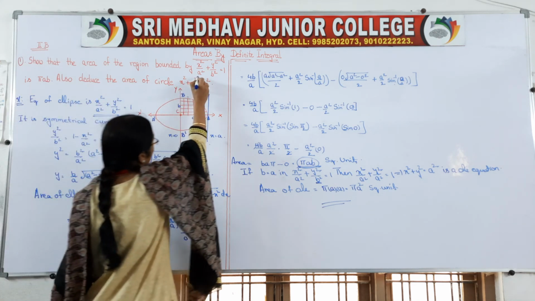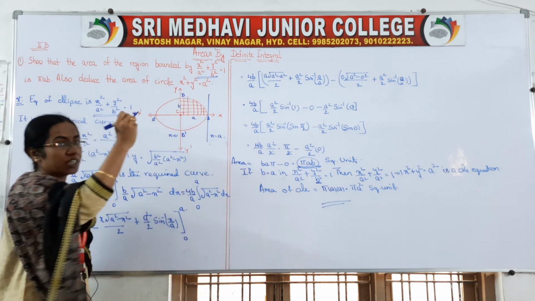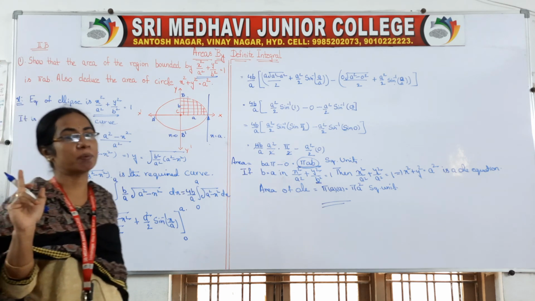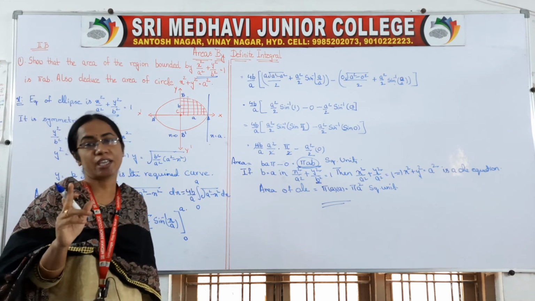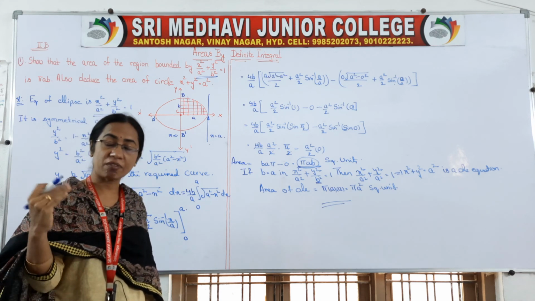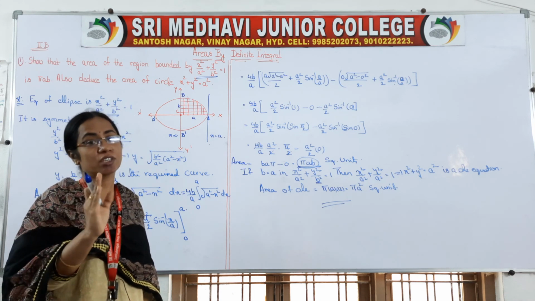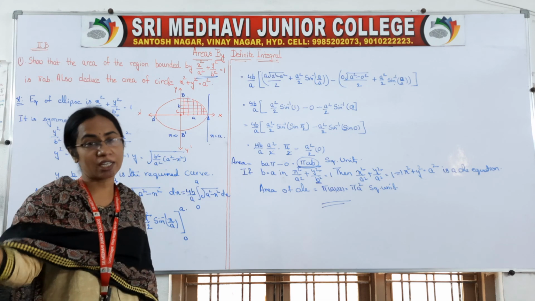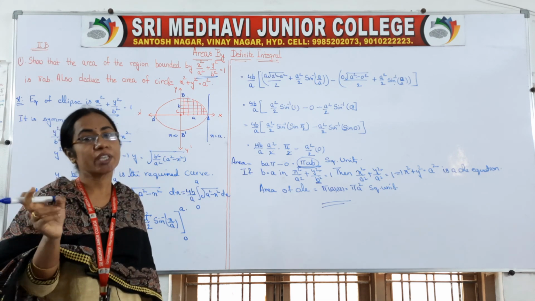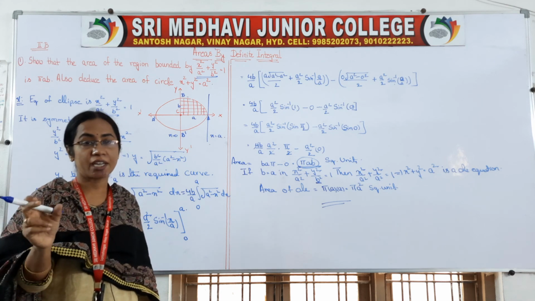They have given one curve equation. With that, always remember in this problem one thing: we have to find the area of the curve y is equal to whatever the given curve is. Try to get y, send all the values to the other side, and y is equal to that will be the required curve equation. We have to find the area covered by that y value.